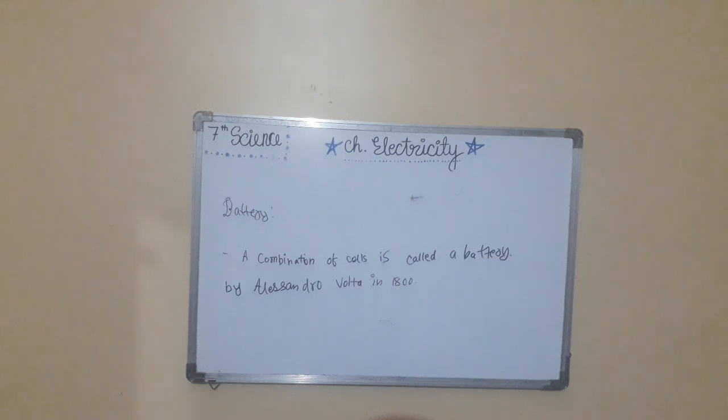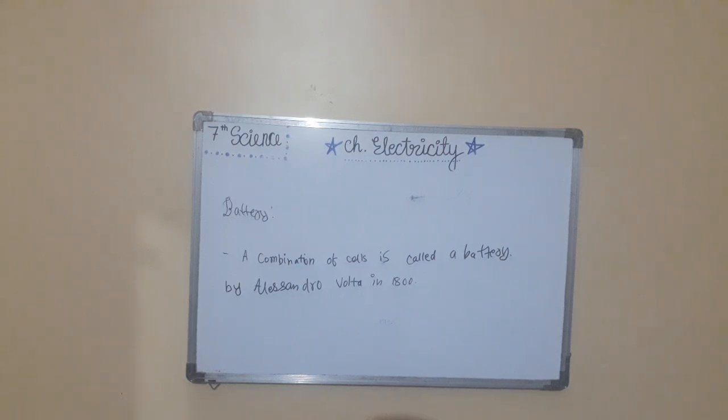The working principle is that a cell generates current by converting chemical energy into electrical energy. Cell mechanism: conversion of chemical energy to electrical energy. Consider a cell having copper and zinc electrodes which are dipped in sulfuric acid electrolyte solution. The upper ends of the electrodes are connected by a wire.